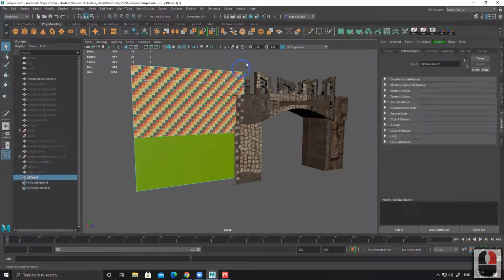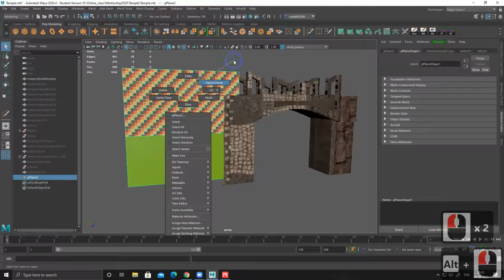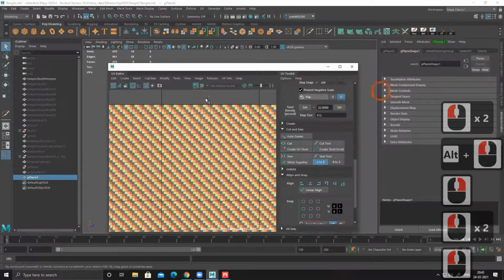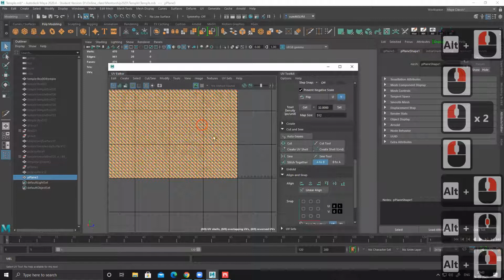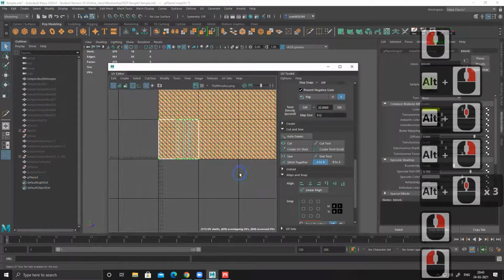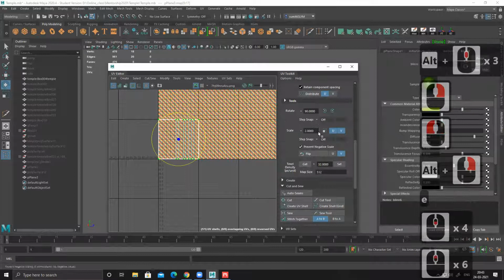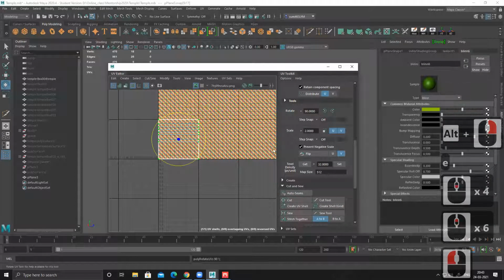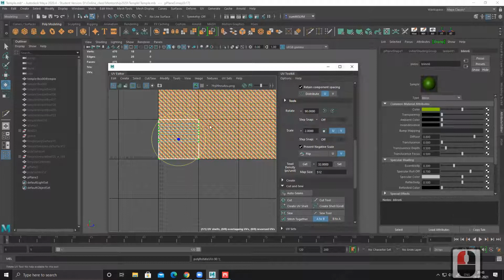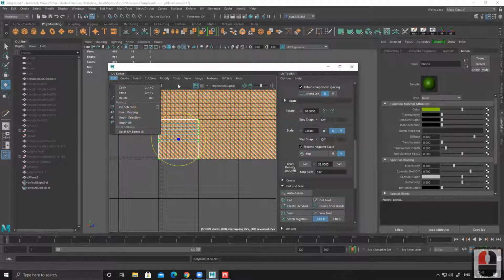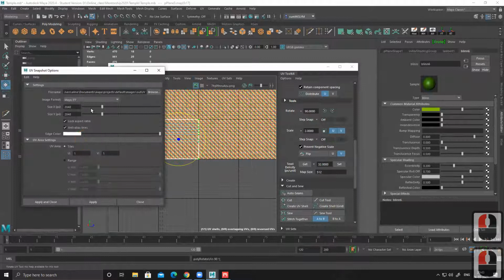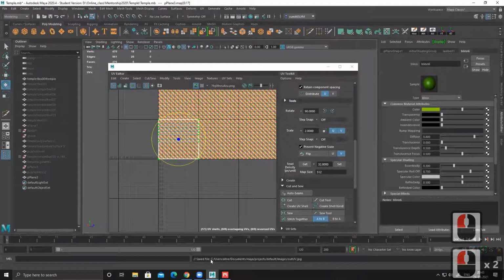So that's why I'm doing it differently. I can simply take a UV screenshot, and then according to the UV lines, I can do it in Photoshop. Super easy. If it's not clear, I can show this in Photoshop also. Technically, it should be aligned like this. Then go to Image, UV Snapshot, 2K, JPEG, apply and close. And I have saved it here.